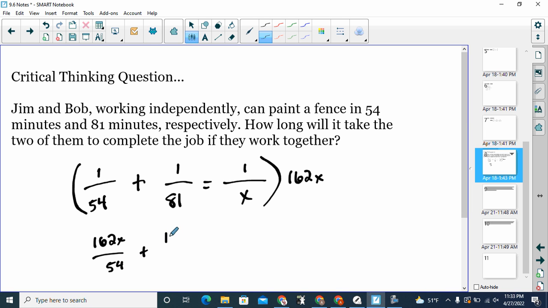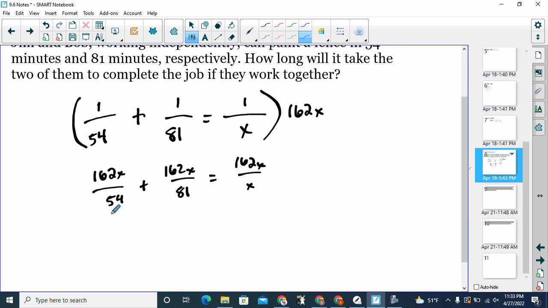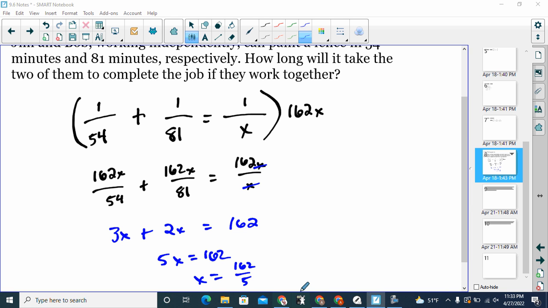162x over 54 plus 162x over 81 equals 162x over x. We can cancel some things. 162 over 54 reduces to 3x. 162 over 81 reduces to 2x. These x's cancel and I get 162. And we get x is equal to 162 over 5,